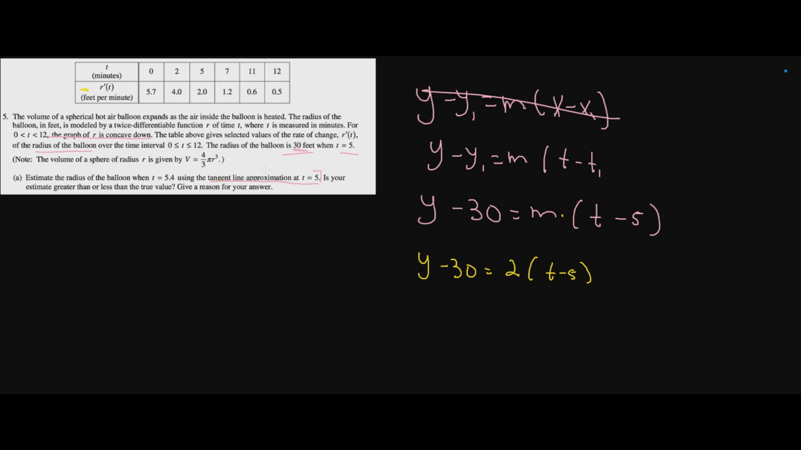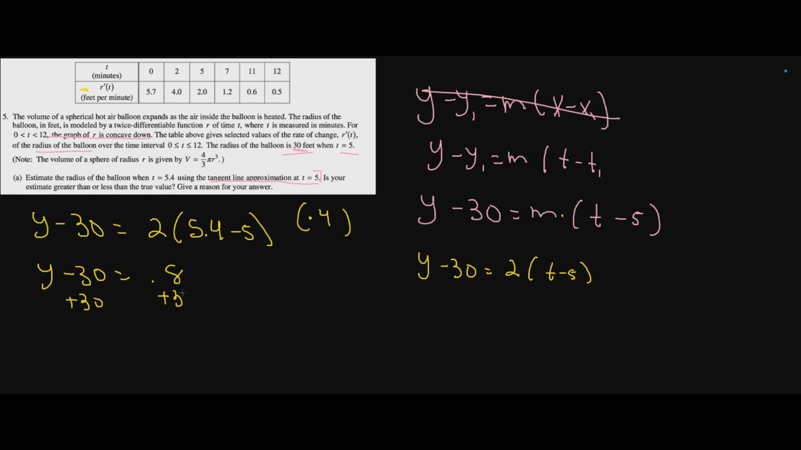but then the problem did say estimate the radius of the balloon when t equals 5.4. So all we have to do now is plug in 5.4 minus 5 into our function, and let's go ahead and solve this out. 5.4 minus 5 is 0.4. 2 times 0.4 is going to be 0.8, plus 30. Y is equal to